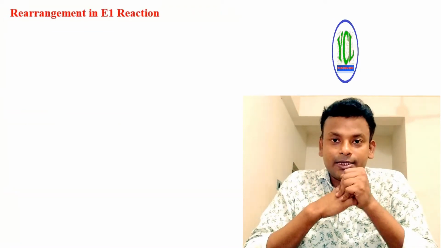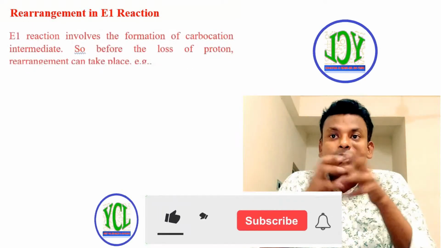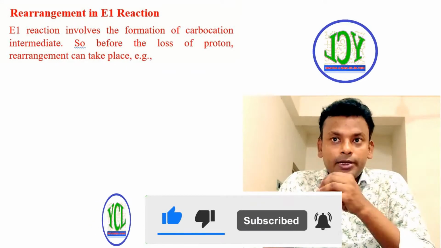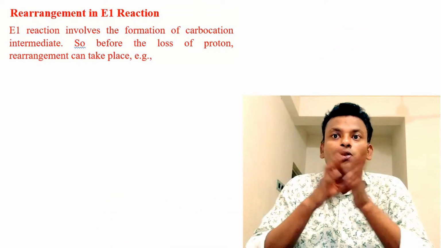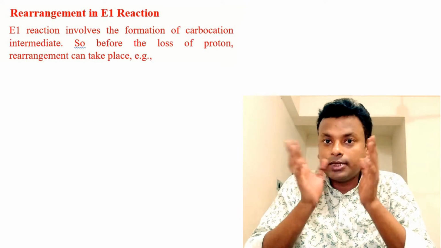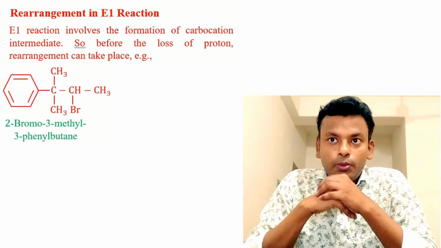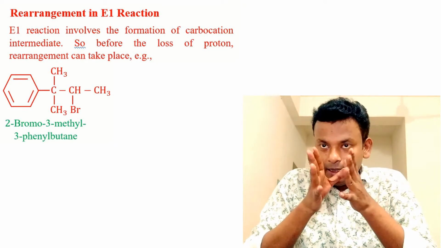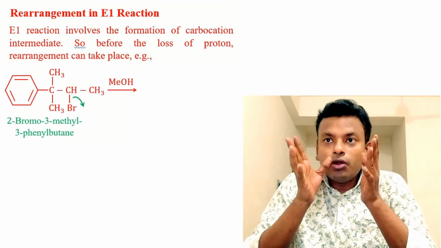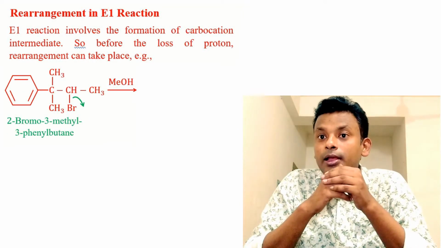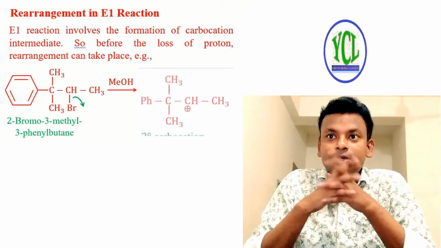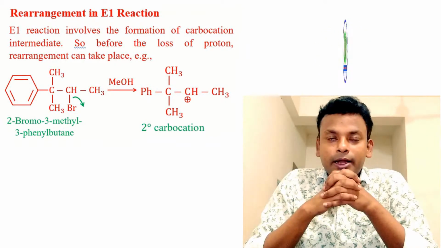2-methyl butane. Rearrangement in E1 reaction. The E1 reaction involves the formation of a carbocation intermediate, so before the loss of proton, rearrangement can take place. The example is 2-bromo-3-methyl-3-phenyl butane. Here bromine leaves in the presence of methanol as a base and forms a 2 degree carbocation,